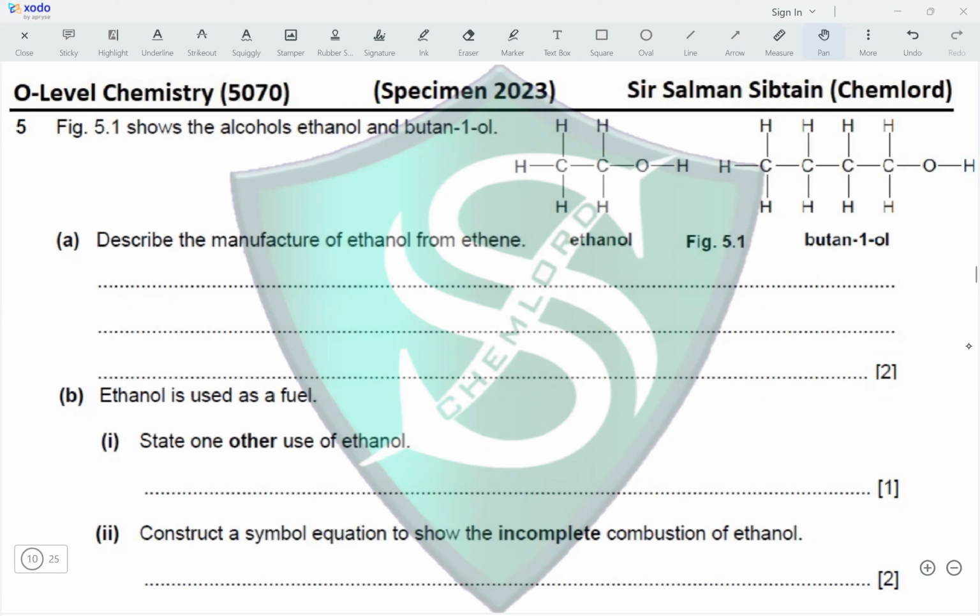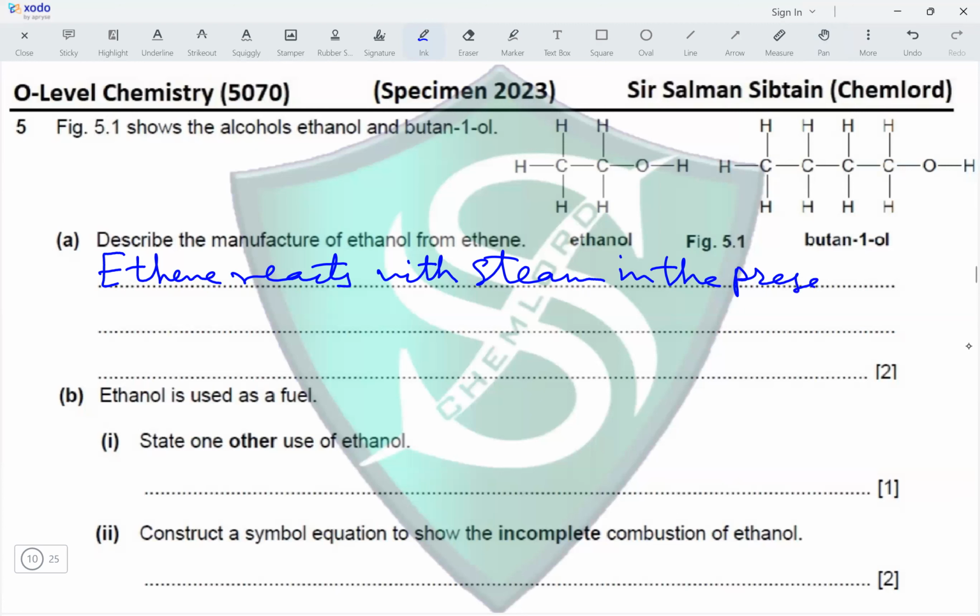So here we have ethene, which will react with steam, and the conditions required for this reaction are in the presence of an acid catalyst, and this acid catalyst is basically phosphoric acid H3PO4